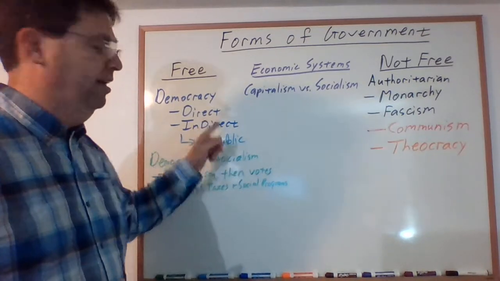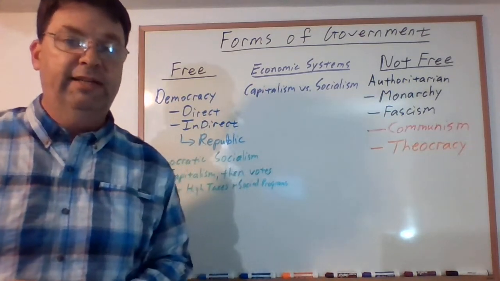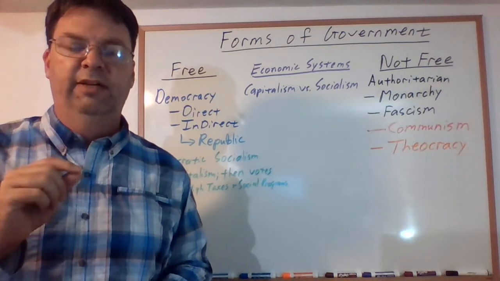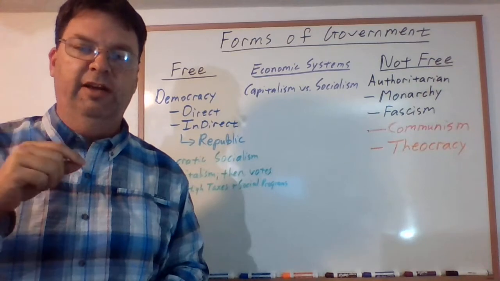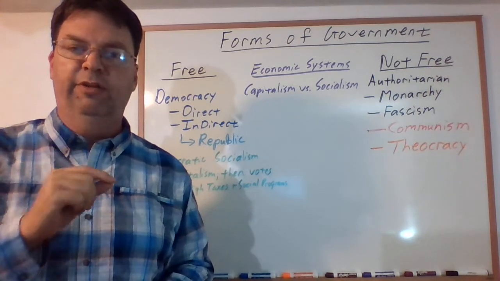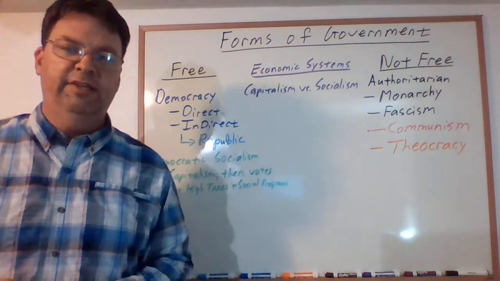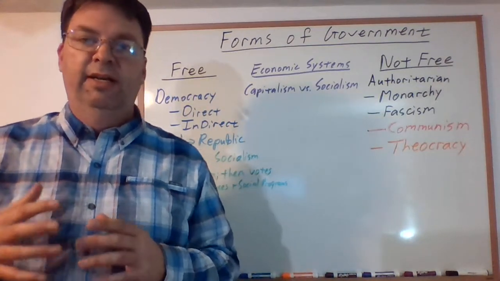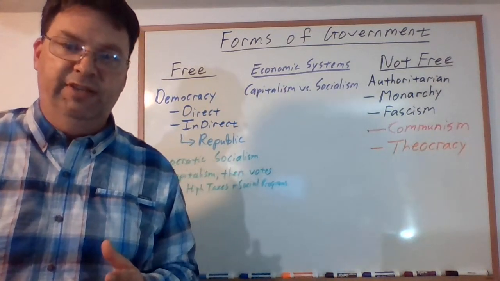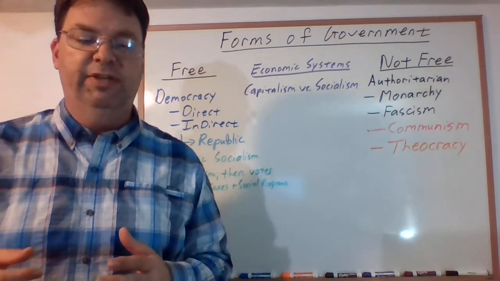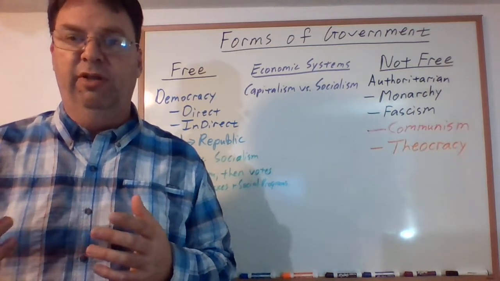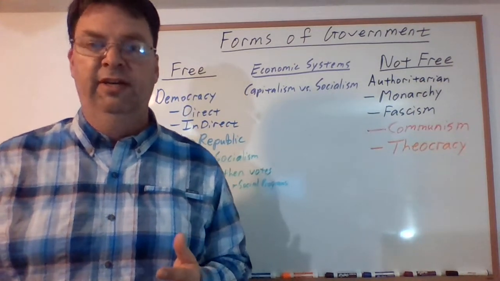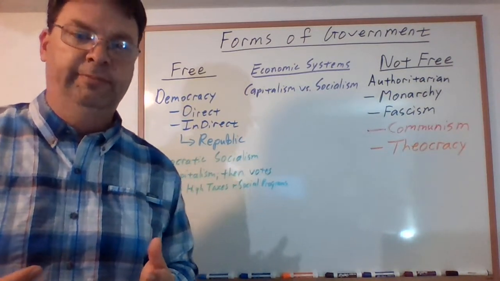There is a kind of democracy called direct democracy. And that means you vote on every single law. So you have to be knowledgeable about all the laws and available to vote for every single one of those. You see this in maybe small organizations, like a board of directors of a business or a cooperative. You can see this in maybe a small government in a small town, especially in New England. They pride themselves on this, but it's very rare these days.